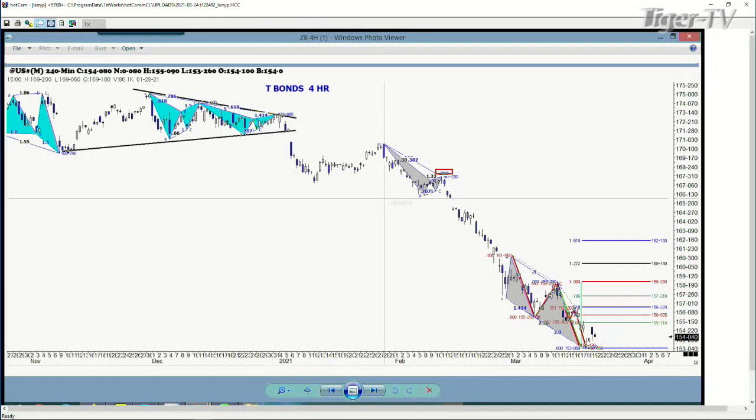Now, just remember, this is a 4-hour chart going back about 5 months. Just a 382 retracement of this, folks, will take this up to about 161. So that just shows you how oversold the bond market has been, because we can get a 382 retracement in this up to 161, and it could still be in a very bearish